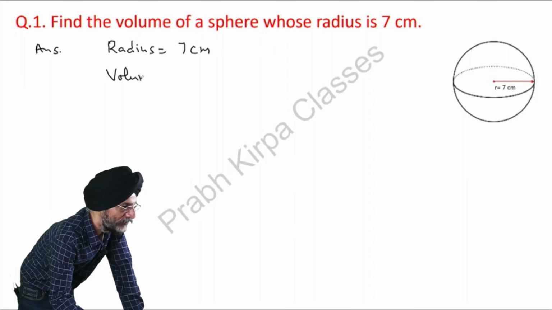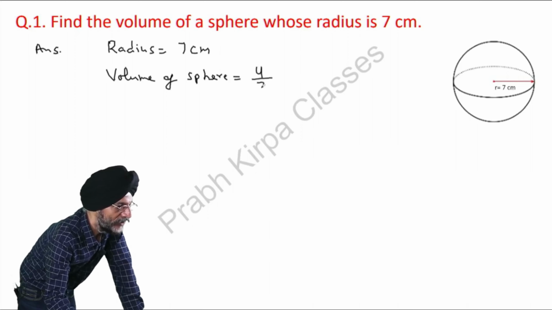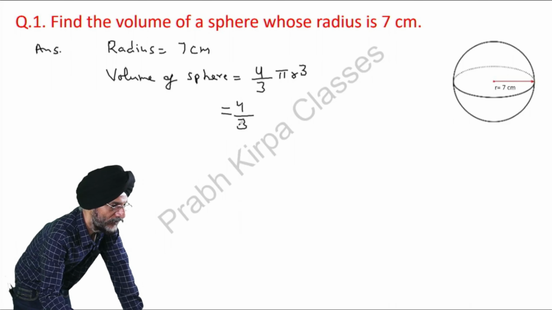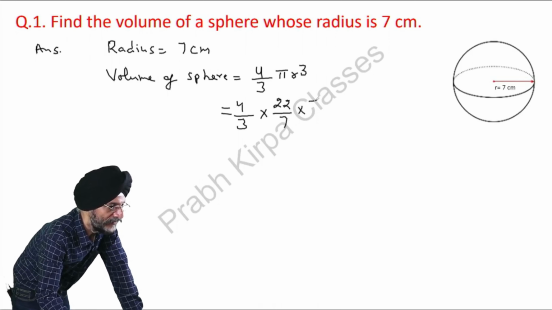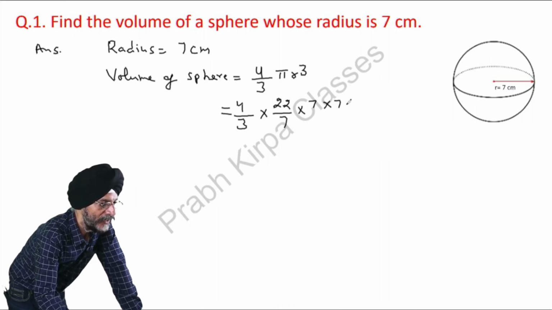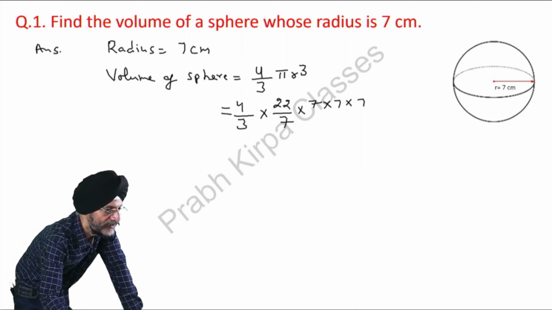Now the volume of sphere is equal to 4/3 pi r cube. So we will fill in the relevant values. 4/3 pi stands for 22/7. Now what is the value of r? It is 7. So we will write this here. R cube has been given, so we will write 7 three times. So here we will cut 7 with 7. Now what is left is